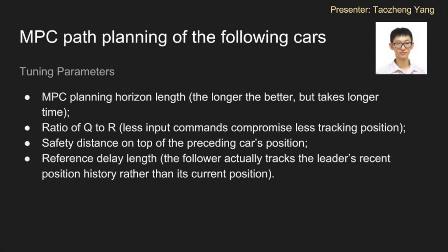In other words, for a more precise path trajectory, the input modestness has to be compromised. Another factor is the reference delay time, which depends on the dimension of the car model. For bigger cars such as a truck, the delay time should be longer to maintain a reasonable gap between adjacent